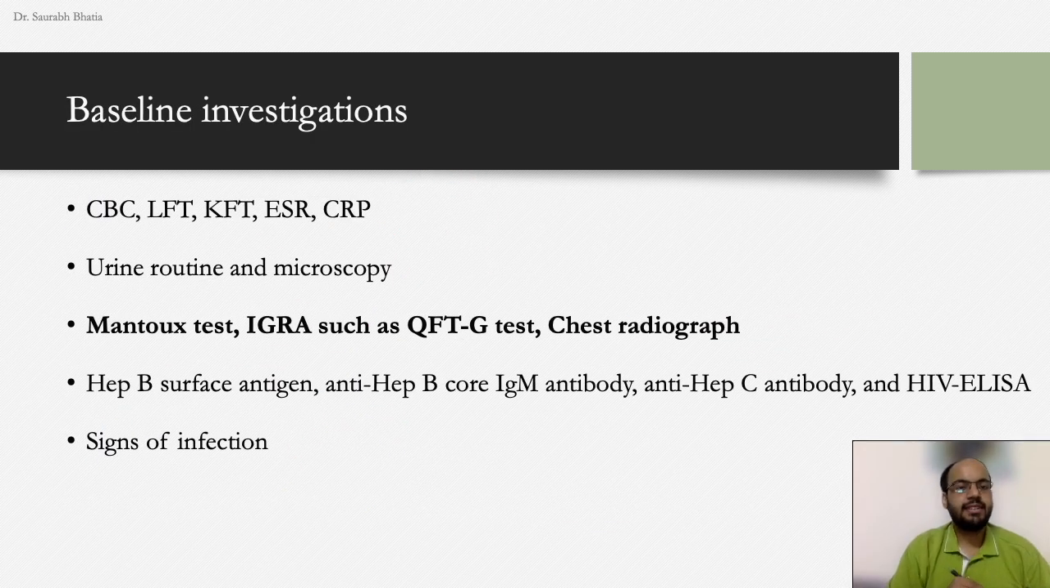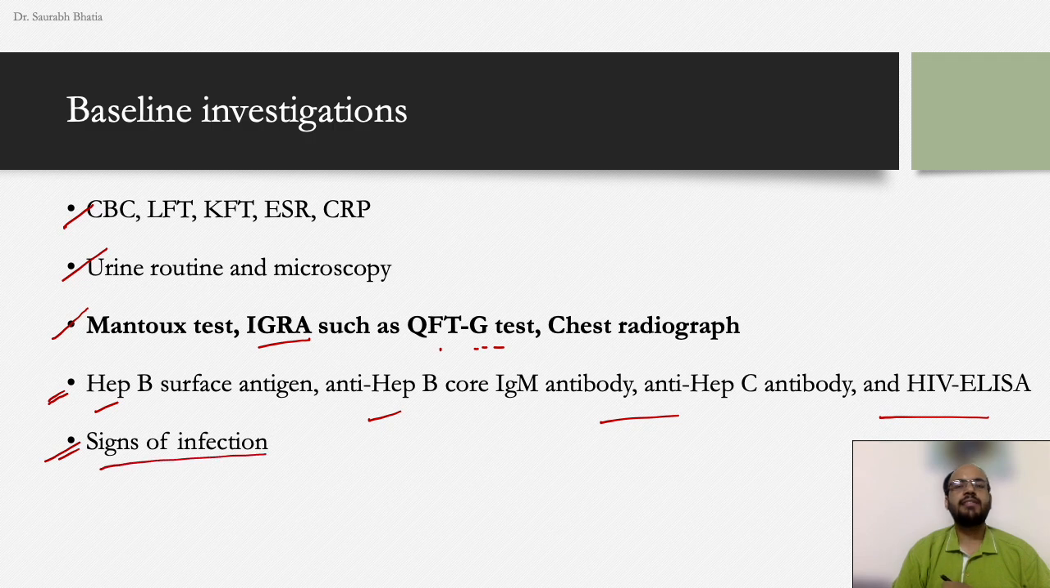Baseline investigations are the same: CBC, LFT, KFT, CRP, urine routine microscopy to rule out any infections, Mantoux test to rule out tuberculosis, IGRA to confirm that, chest radiograph to find out any latent foci of tuberculosis, viral markers including Hep B, Hep C, HIV ELISA to look for any other immunosuppression and additional comorbidities, and to look at any signs of infection. So remember that TNF-alpha is actually very responsible to initiate inflammatory cascades, and we require inflammatory cascades